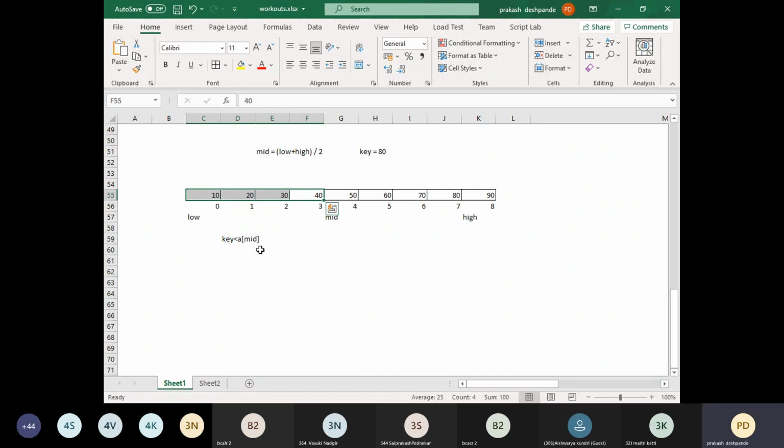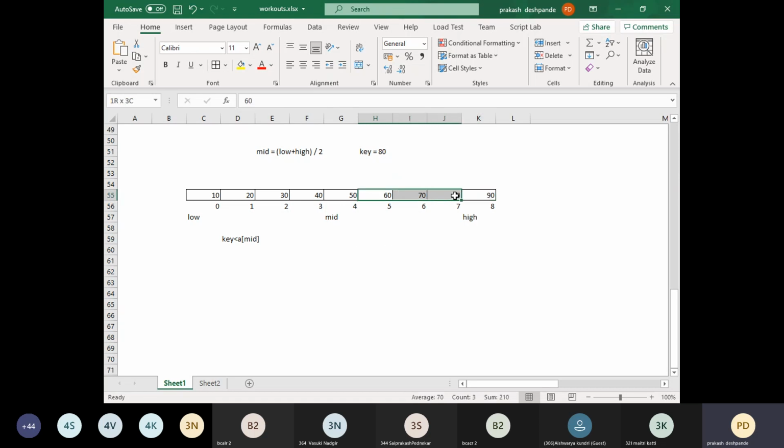The third possibility would be what? If you look here, this possibility is false. The element here is 80, but it is not less than the mid element. At mid we have 50. So is 80 less than 50? No, obviously not. That means the key element definitely cannot be present on the left side of the mid. Where can it be present? It can be present on its right side.